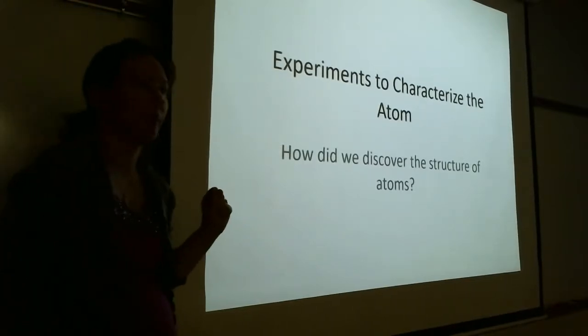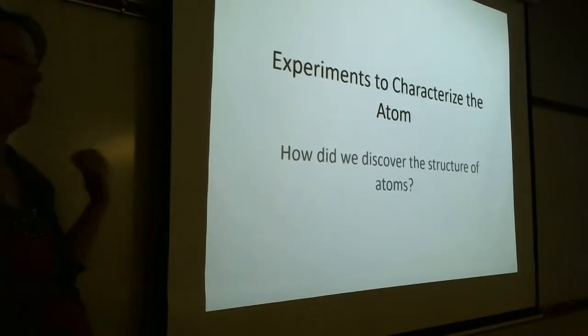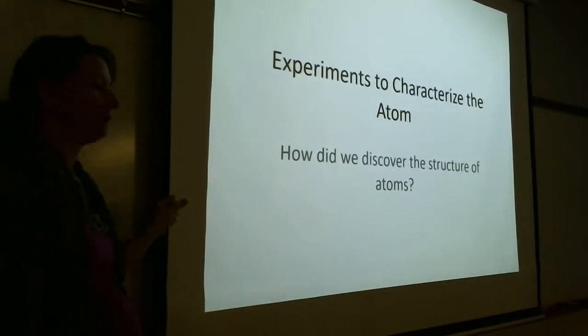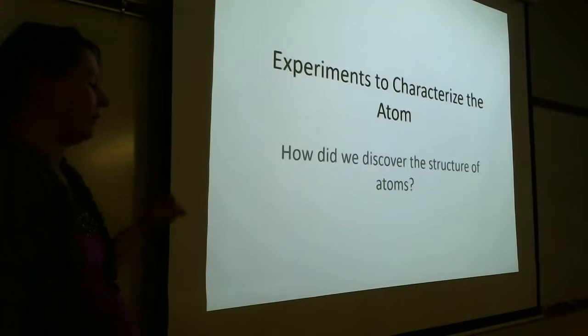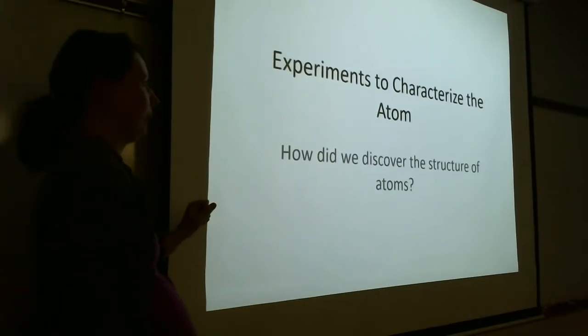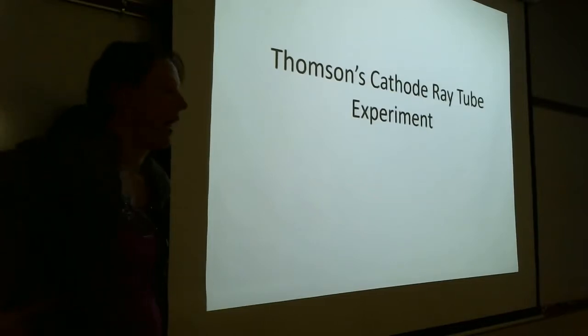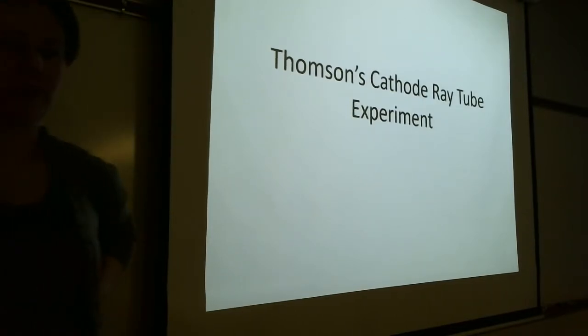Okay, so now let's talk about what the atom looks like and some experiments that led to those models of the atom, all right? We'll talk a little bit about history, and then we're going to talk about what the models of the atom look like. So the first one we're going to talk about is called Thomson's cathode ray tube experiment. This is Thomson,